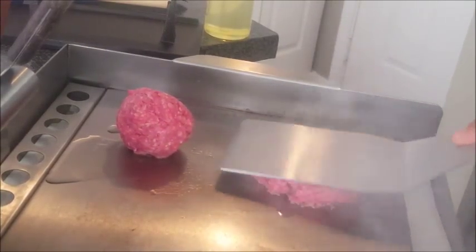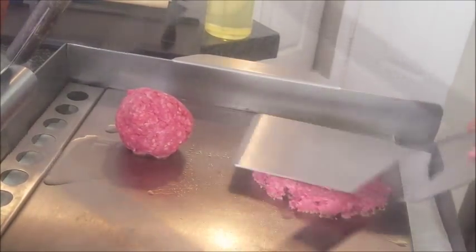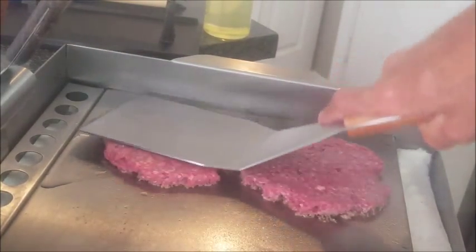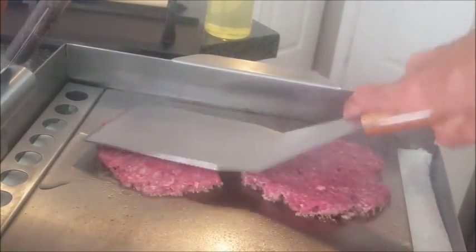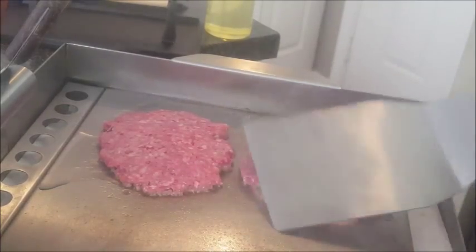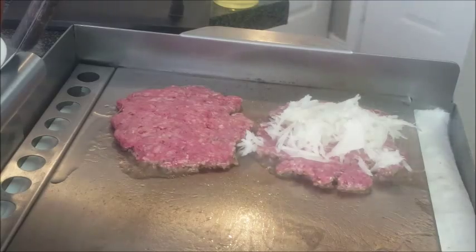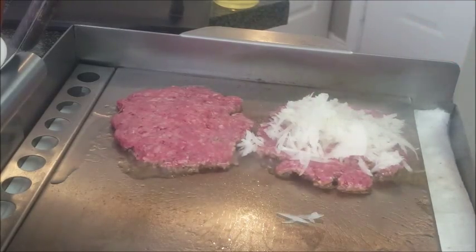meat. Now, one of the keys to this dish, take something heavy, a heavy spatula, a pan, a burger press, or whatever. Beat it, slap it, whatever you have to do to get them as thin as possible, like you see here. Then take your onions, top your burgers with the onions, and again, what we want to do is